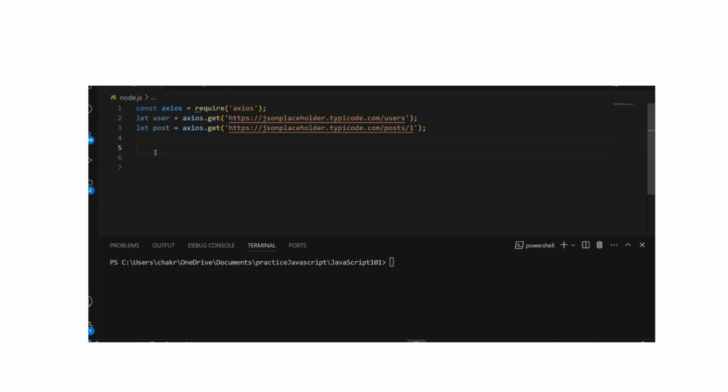A promise is a proxy for a value not necessarily known when the promise is created. It allows you to associate handlers with an asynchronous action's eventual success value or failure reason. This lets asynchronous methods return values like synchronous methods. Instead of immediately returning the final value, the asynchronous method returns a promise to supply the value at some point